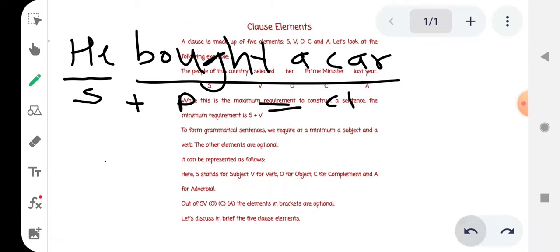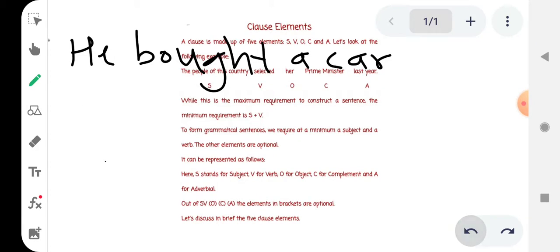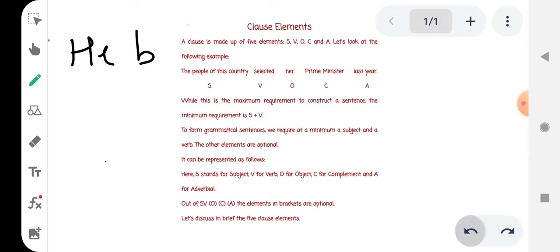To form a compound sentence. I am repeating it again and again because the idea should be clear to you. Okay, what is a clause? What is a sentence element? Now,